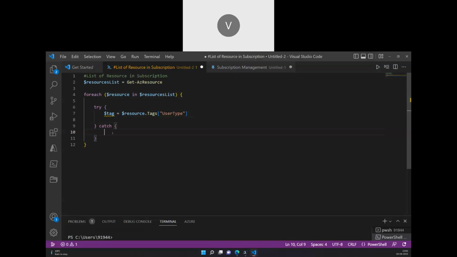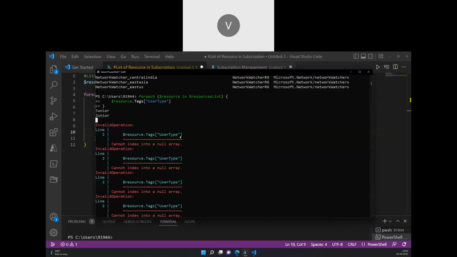What does catch do? If this is not there, it is throwing an error. Try catch is trying to say that when you're calling this, and if it throws an error, I'm going to say that there is no tag called user type, because it's actually throws an error,